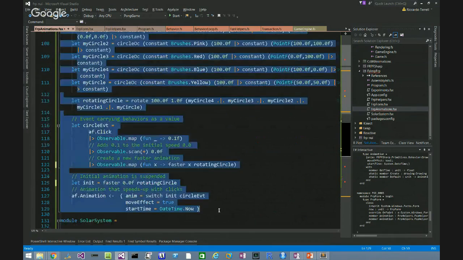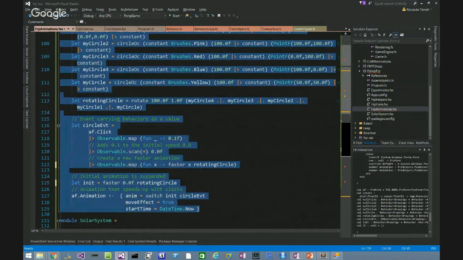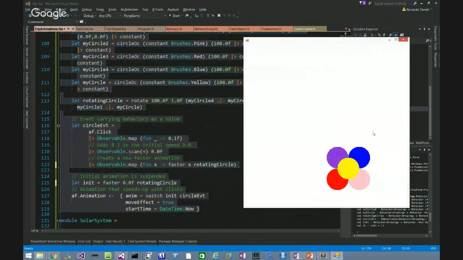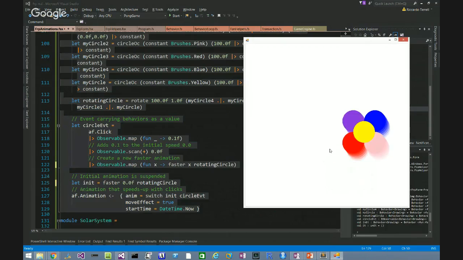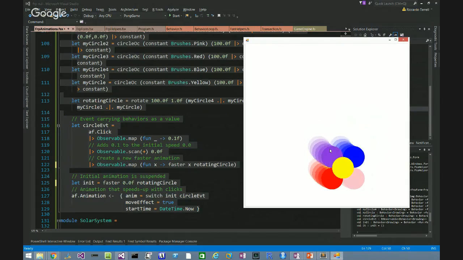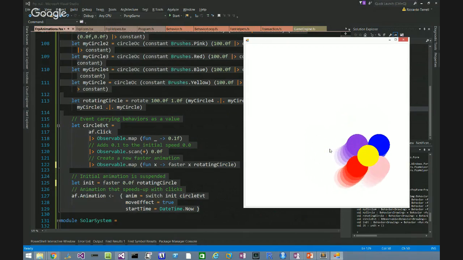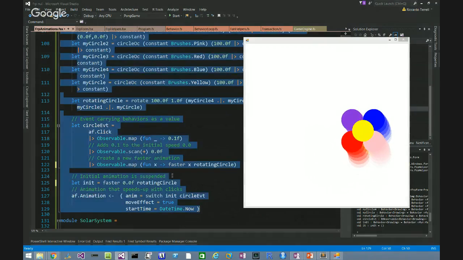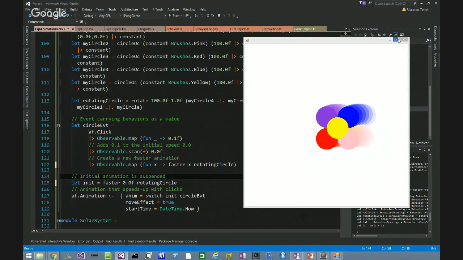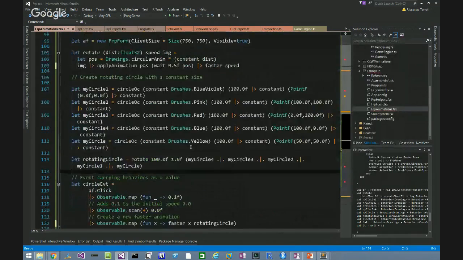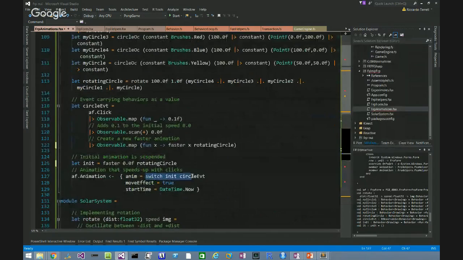All right, so here I have my pretty flowers, right? So I've composed all this behavior together, and also I can run the animation, and the image can spin. You can see here the main idea is the switch operator, right? The switch operator takes a behavior and a function, an event,